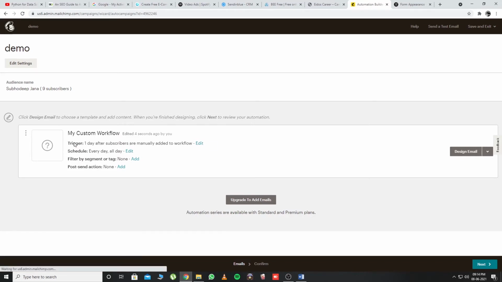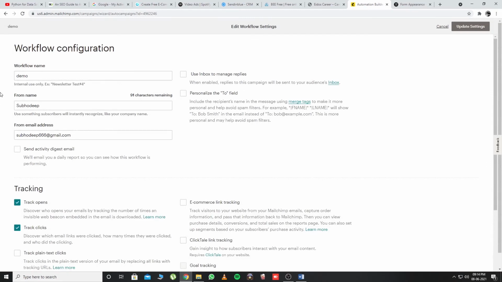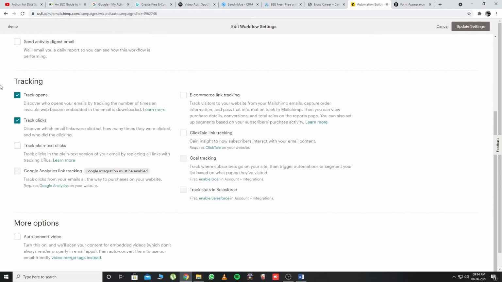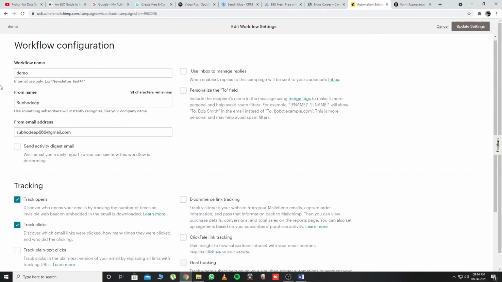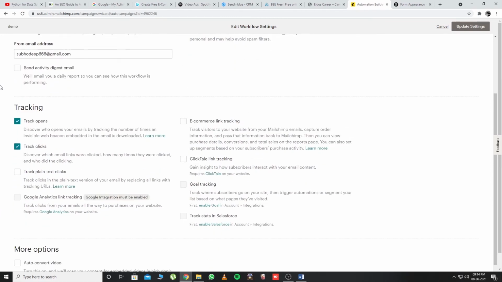So over here you can see there are 4 options: the trigger option, the schedule option, the tag or segment option, and the post send action. So what you can do is you can go to this edit settings, and if you want to change anything from over here, you can do that. Now the thing that I'm tracking over here is just the subscriber, so I'm not doing anything. But if you are going to track a click inside a mail, then you have to select this. This is already selected. In case it's not selected, you have to select this. So I'm going to go back from this page,